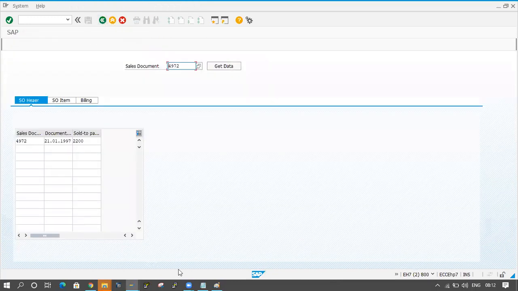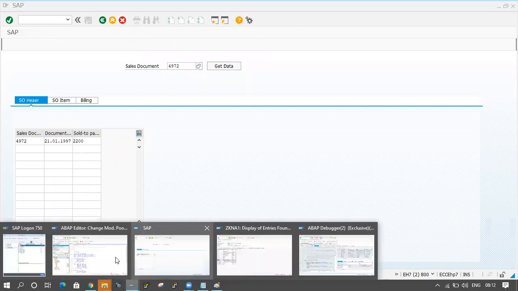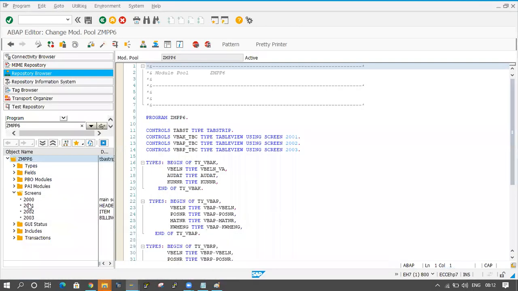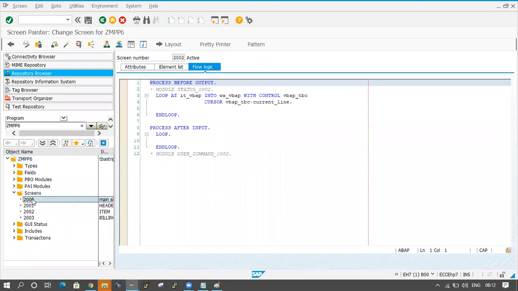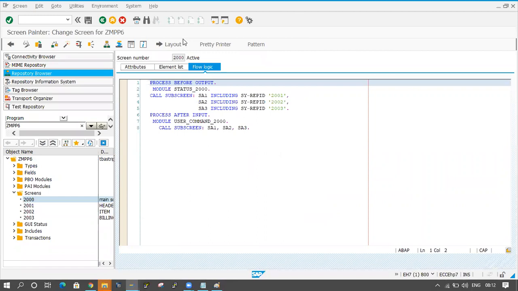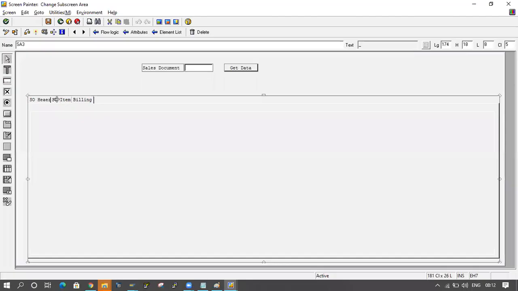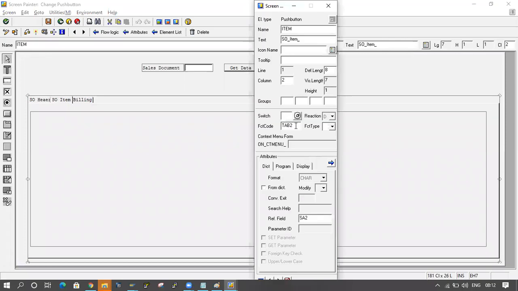I mean, what tab name have I given here? I will check that one. The 2002, right? Sorry, here the 2000 in the layout tab. So SO item, SO item. Tab 2 is the function code. That is fine. Item is the name.